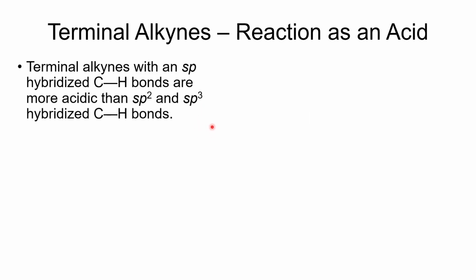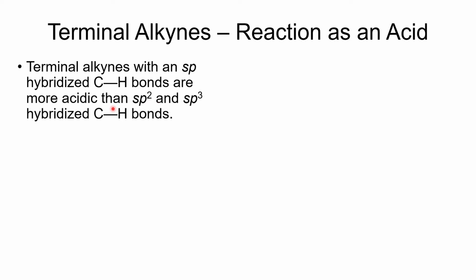Before we move on to the addition reactions, there's one thing that I want to mention about terminal alkynes, and this makes terminal alkynes very useful for doing synthesis reactions. We can remove the hydrogen from a terminal alkyne, so from that end of the carbon, because it is a little bit acidic. And by a little bit acidic, I don't mean it's acidic like acetic acid. If you put it in water, well, it's not even going to dissolve in water, but it will,